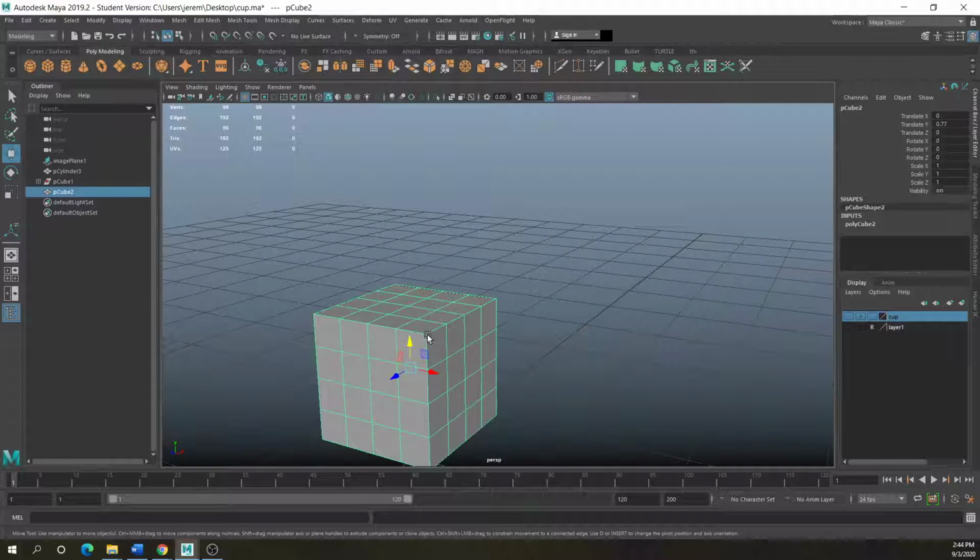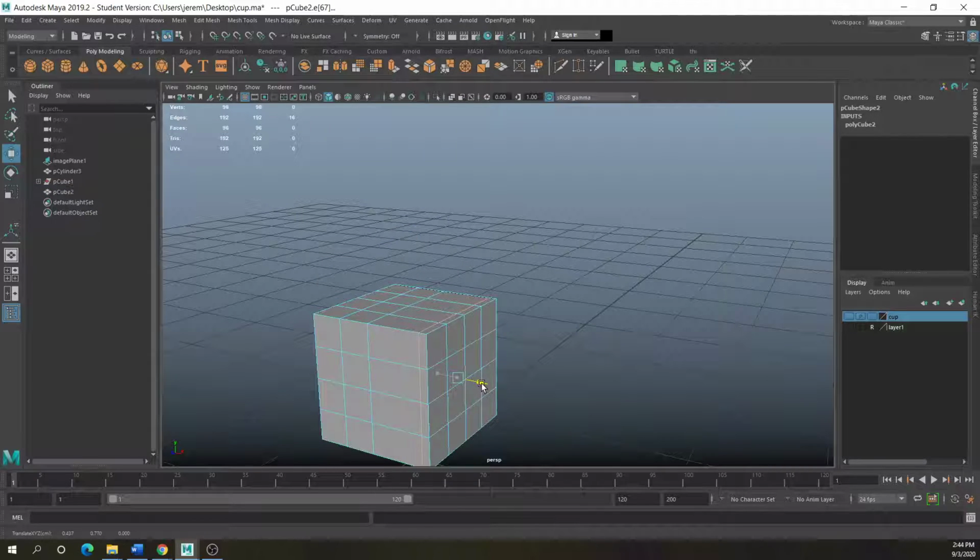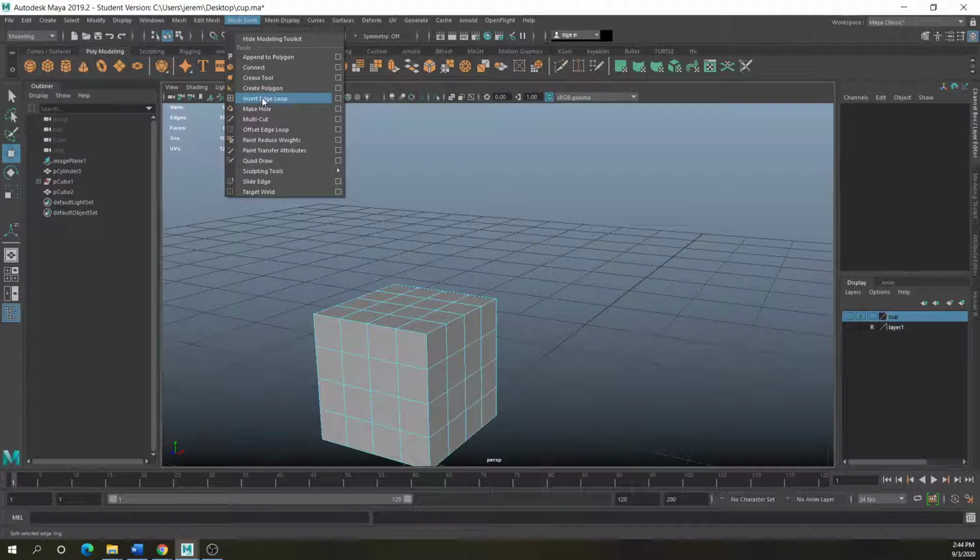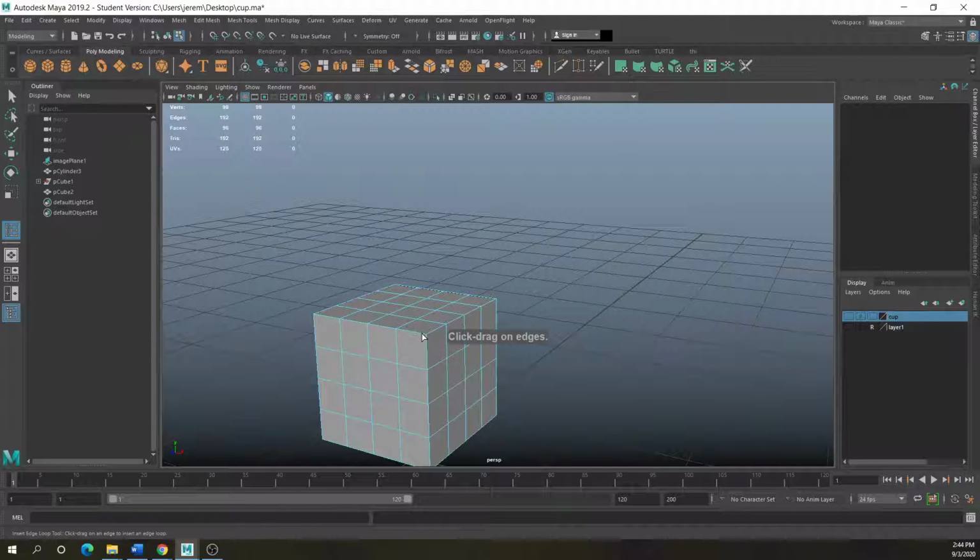Say you wanted to make the edges a little sharper. How do you divide these divisions? Well, you could go to edge mode, ring select, and slide these things to the edge, but honestly, that's not really necessary. Two of my favorite tools are the insert edge loop. You click on it and create an edge loop around. So if I wanted to create a horizontal line, I would click on the vertical edge down there.